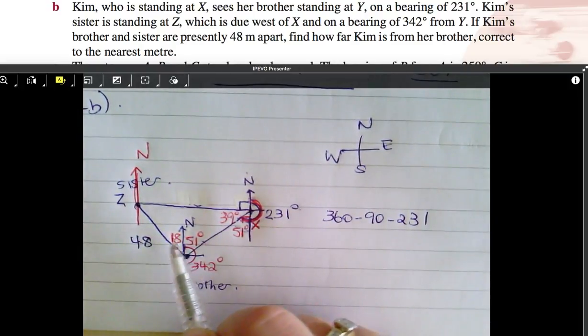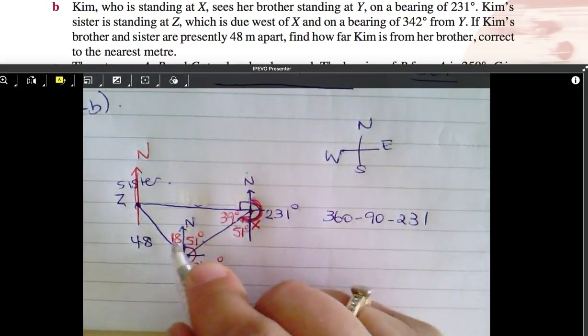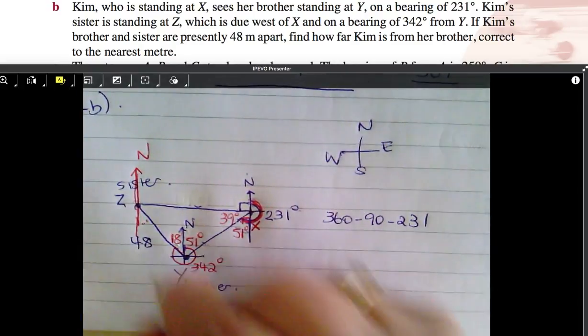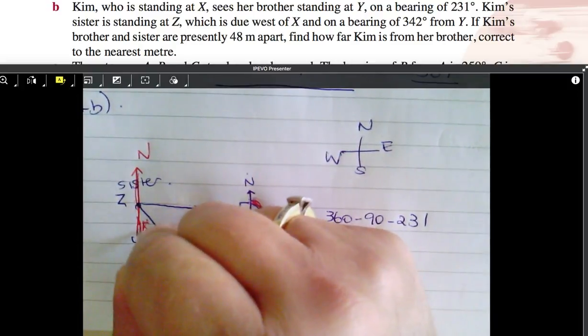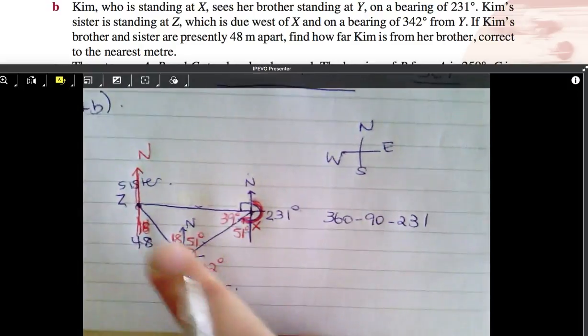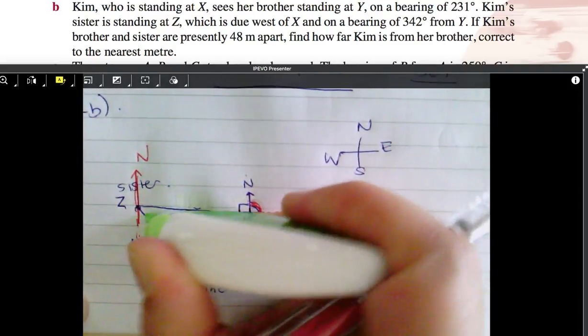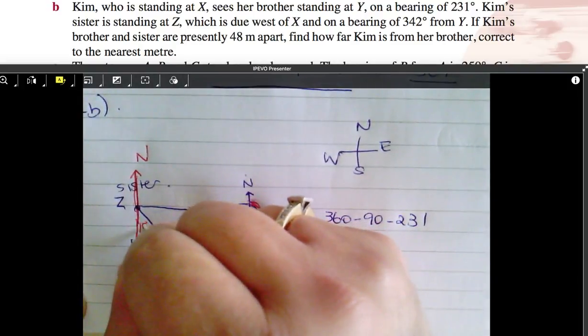Why am I doing that? Because I've got north here. If I put another north here, tell me what the size of this angle down in here is. Okay. Let's say I didn't know how to do this one. A lot of people might be confused about how to do that one. The other way you could have done it, I'm just showing you, is that this is also 18 if you